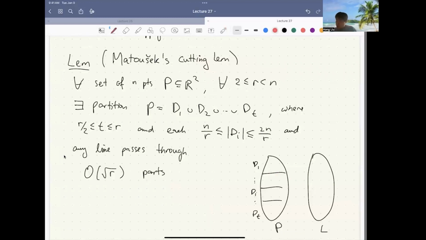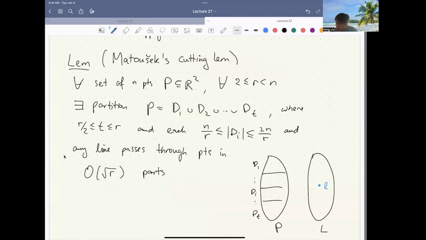What does it mean? If you now look at the incidence graph, for any line L, it only passes through